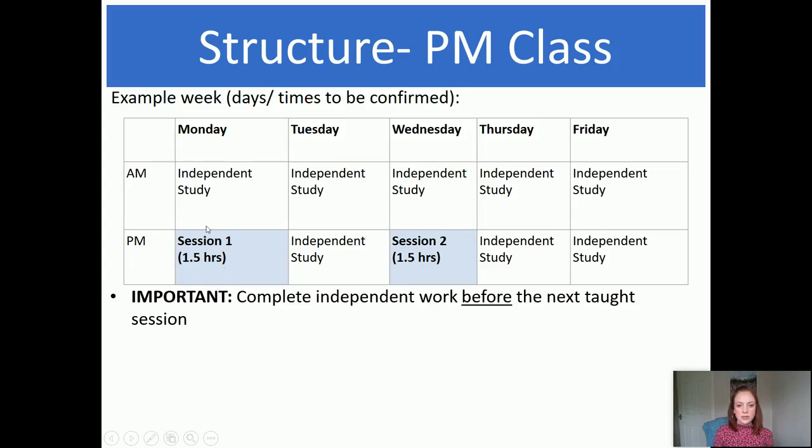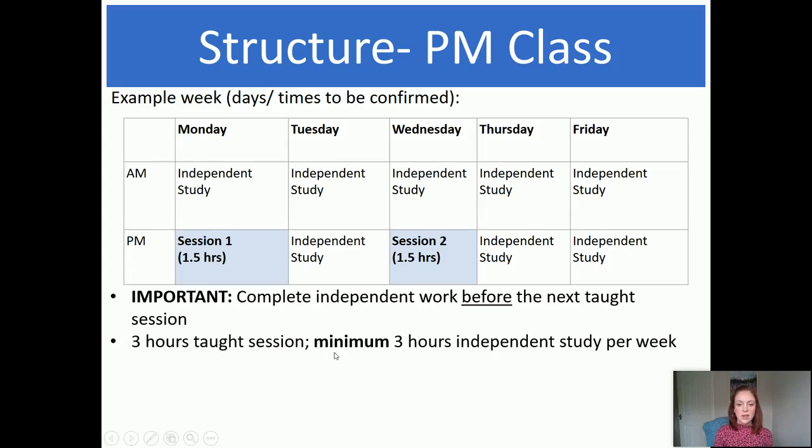It's also important to realize that this course does not just have taught sessions, but we also have independent study, which you need to do before coming to class. So as well as 3 hours of class per week, you also have to do some independent study hours. The minimum amount of time for that is 3 hours a week. And you also have to think about how long the course lasts for. We have 1 induction week and then 10 weeks of teaching. So think about your availability. Can you commit to this for 11 weeks?